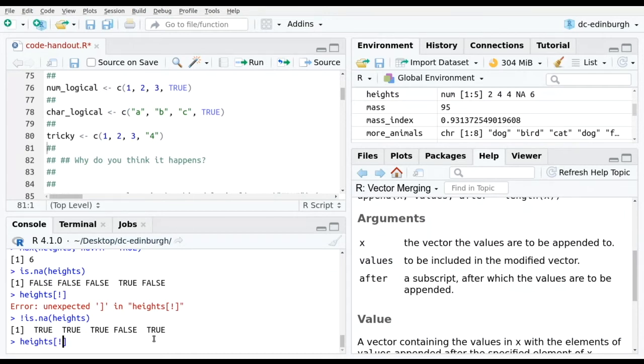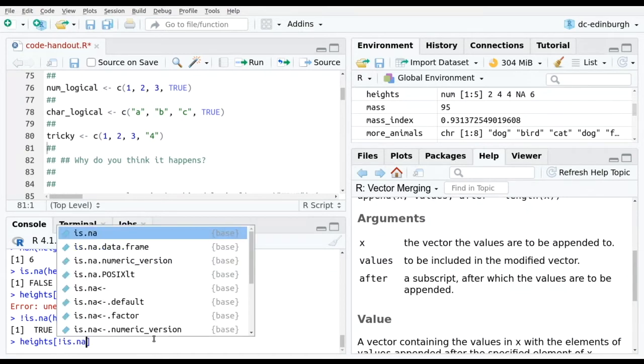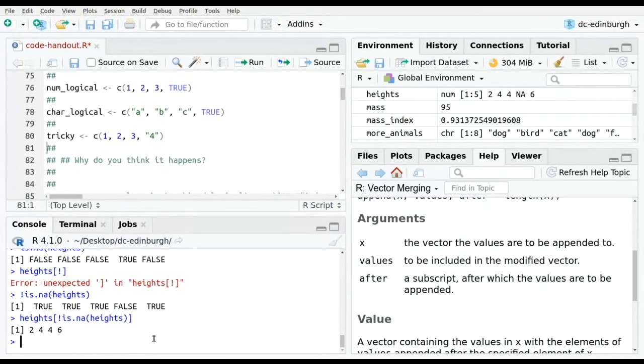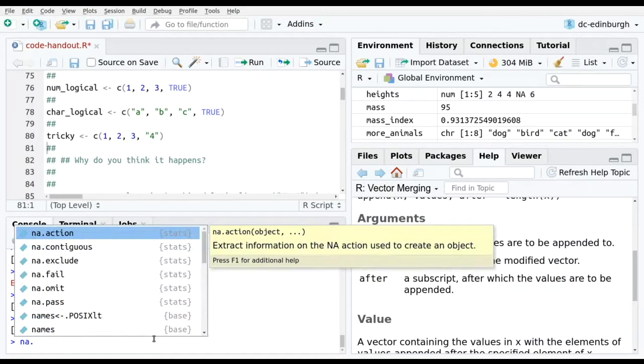So it's height, square brackets, exclamation mark, is.na, and the vector height. And we get the vector without the missing elements. Another way, you can use na.omit